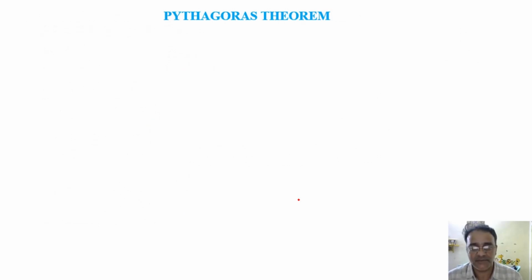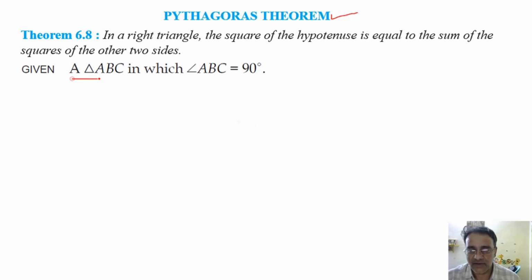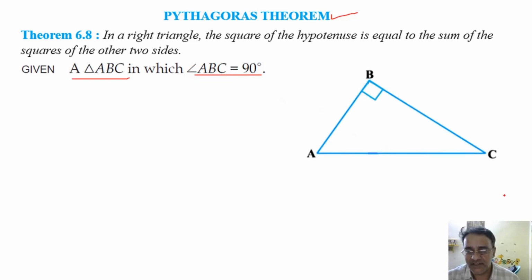Now we are going to revise Pythagoras theorem. Converse of Pythagoras theorem, the proof has been deleted for this academic year. So केवल यही वाला theorem हम लोग revise कर रहे हैं. The statement is that in a right triangle, the square of the hypotenuse is equal to the sum of the squares of other two sides. So पहले तो एक triangle बना लेंगे, right angle triangle. The right angle at B, that is angle ABC is equal to 90 degrees. So this is the rough figure. Now what we have to show is that AC square is equal to AB square plus BC square.